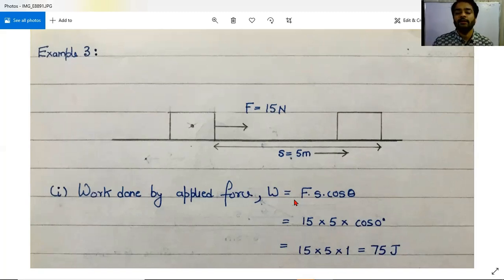Okay. Now tell me, how many forces are acting on this object? One force we have applied, that is of 15 Newton. Is there any force also which is acting on this object? Yes, there are some forces also. One force is gravity. Gravity तो हमेशा लगेगी भाई. Direction क्या होता है? Downward. And one more force will also be there. It is friction. भाई कोई body किसी surface पे slide करेगी, so it will experience friction. And friction की direction क्या होगी? Backwards, opposite to the motion.